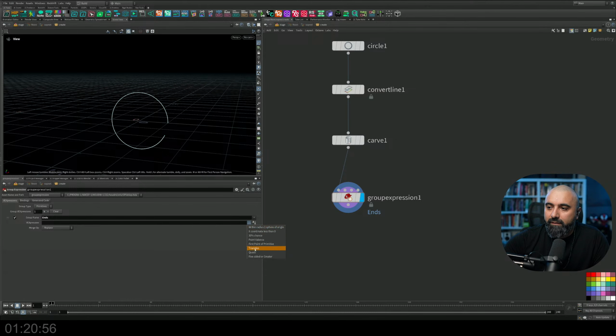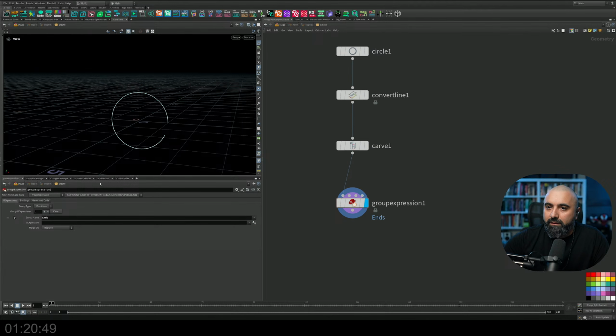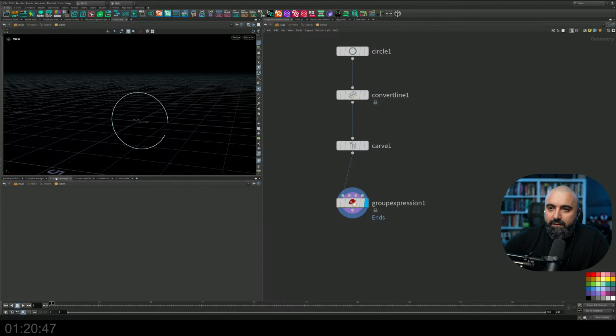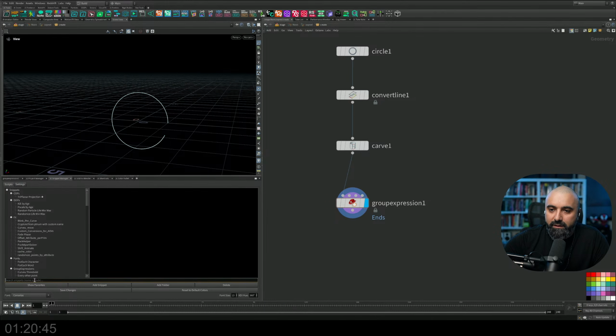And then over here you have the presets that come with, I'm guessing, Houdini. And what I would add is, if we type in, go here, group expressions, ends. So if we add this, the length, the neighbors,